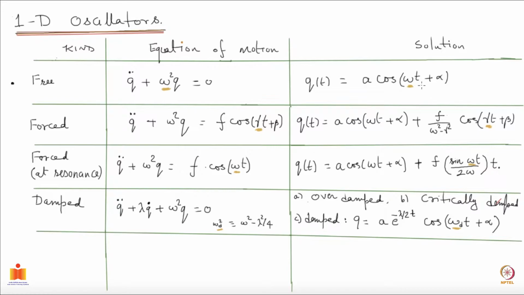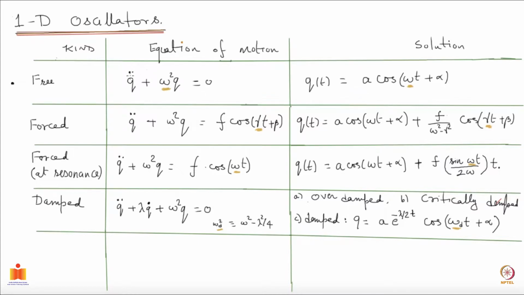a cos(omega t plus alpha). So here the omega is the same as what you have on the left hand side, and alpha and a depend on your initial conditions, what you choose the initial conditions to be, and of course you can choose your time such that alpha can be removed. Then we talked about